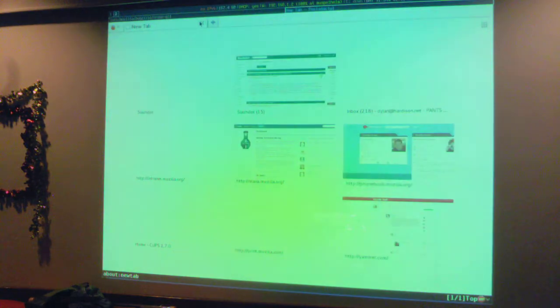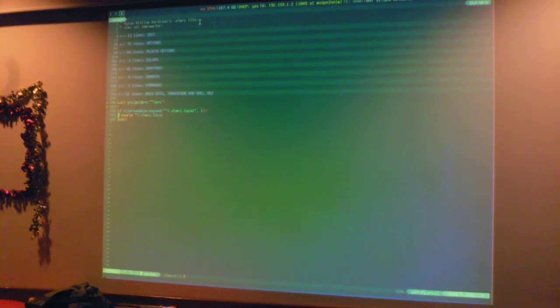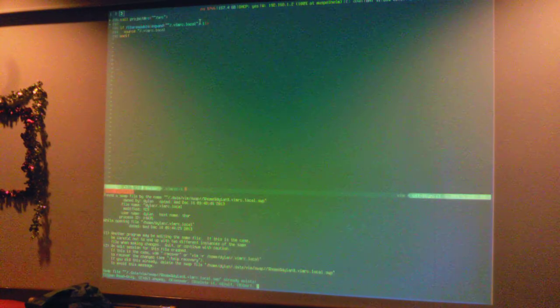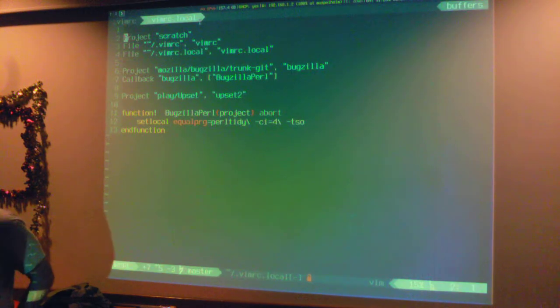That's actually weird. I used to have this MRC local file, which I probably can get rid of now, because I have these per-project settings, which I wanted to talk about. This simplified version. I don't need to do this now because the names of the projects I was working on at my previous jobs were necessarily secret, and now I'm not. It's really weird to have used open source my entire life and now to be actually paid to work on it.